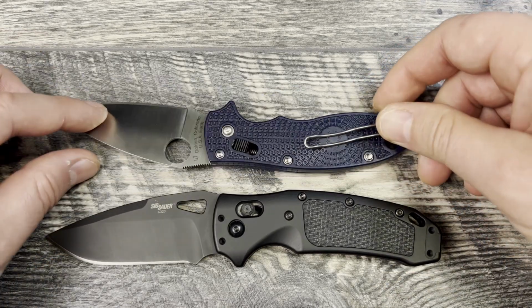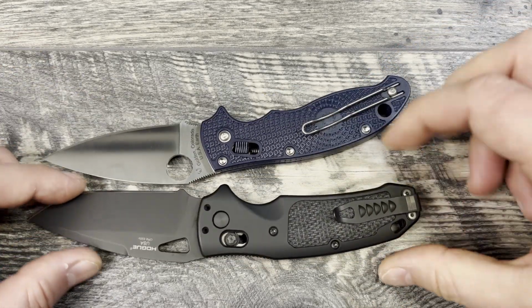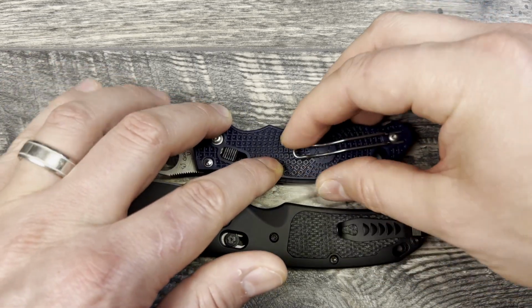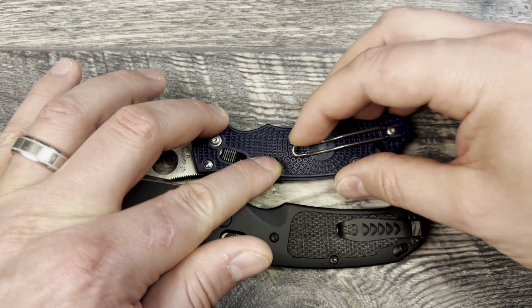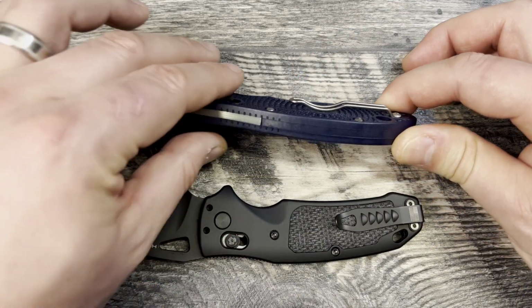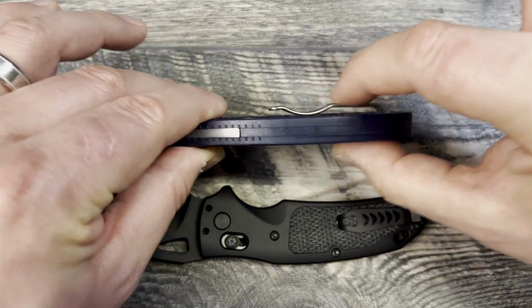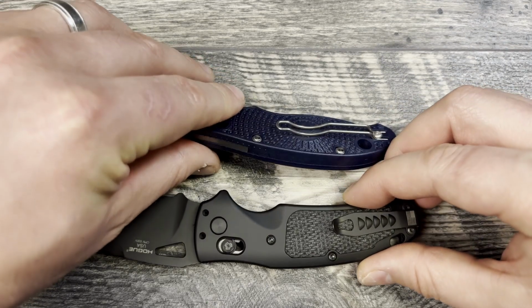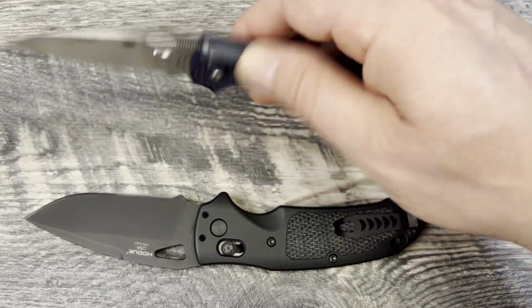And I forgot to go over the fact the pocket clips. I actually prefer the SIG. I do not like the wire pocket clip, and I know that Lynch Northwest does one, but I don't like it because it feels cheap and it moves around too much for me. So I probably would go with the Lynch, because then it would give me the deep carry and it would move all this back out of the way, because then it would have the ramp. So I would say with the Lynch, I would give that advantage to the Manix 2,